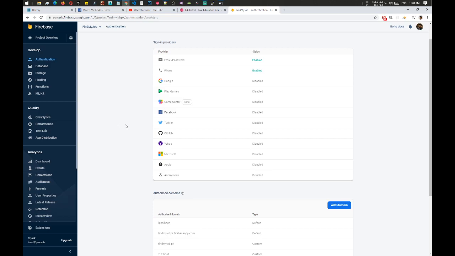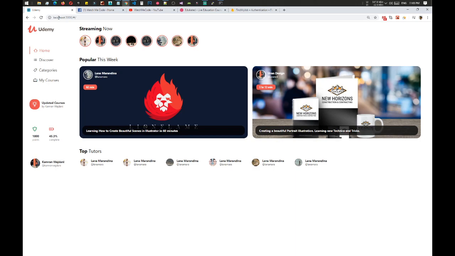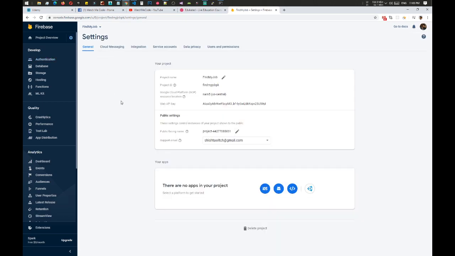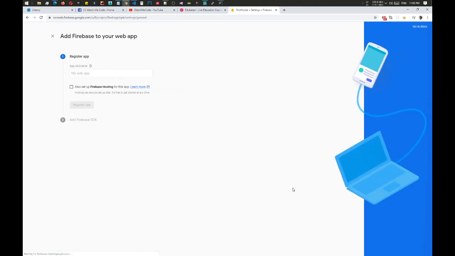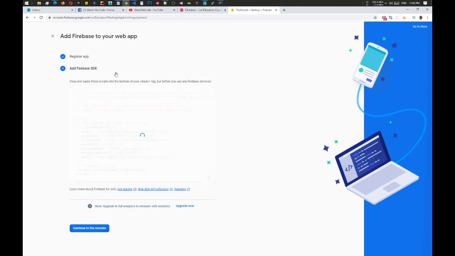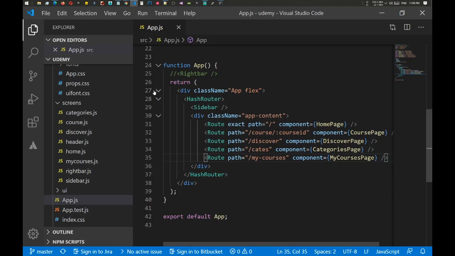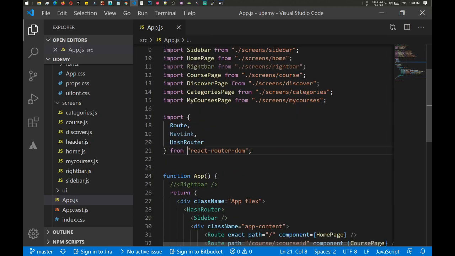So I guess first of all, let's go back to Udemy, that is our localhost, and let's add the Firebase project. So go to our settings and project settings, and we need to integrate it inside our web app. So let's quickly create an app and call it Udemy. And you can of course check this if you want to set up Firebase hosting for this app, but for now let's just copy and paste inside our app,